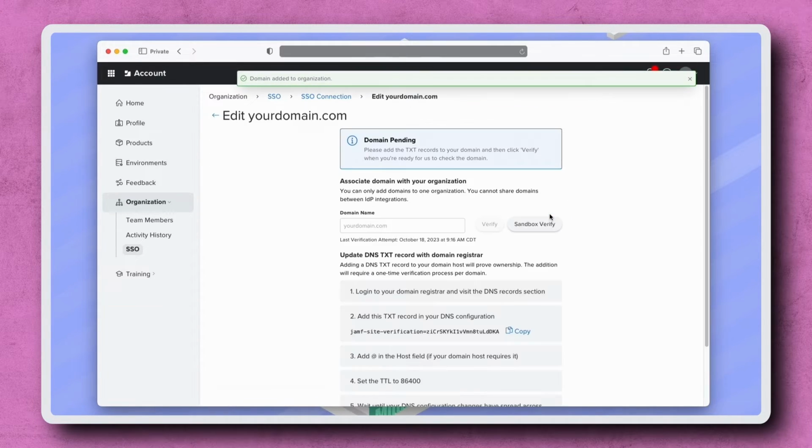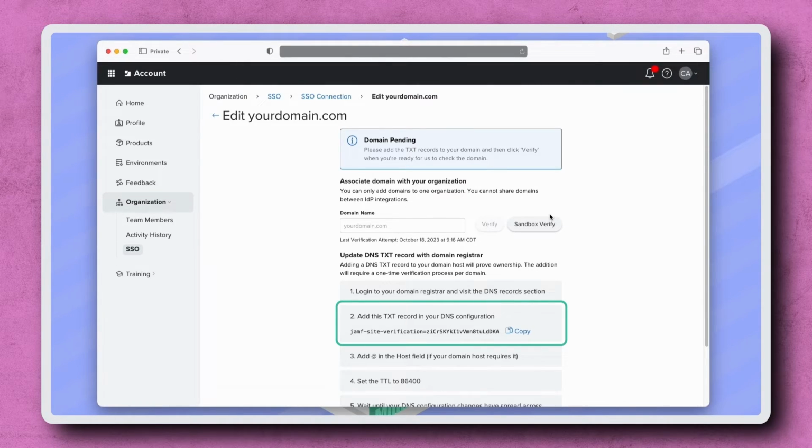After clicking Save, a confirmation message is displayed and a unique DNS record is generated. This DNS text record needs to be added to the domain registrar. Each domain registrar is slightly different, so be sure to follow the steps for your specific setup and reach out to your network administrator if you have any questions. Depending on your registrar, this record could take a few minutes to a few hours to be propagated.